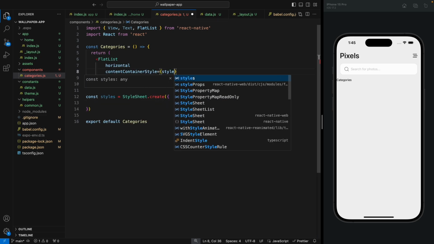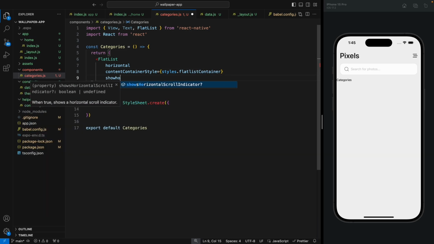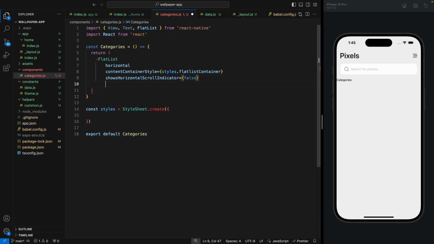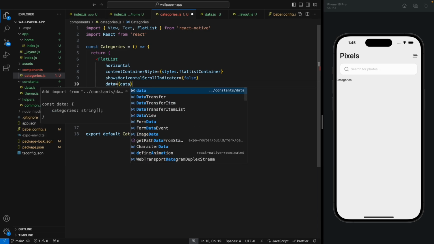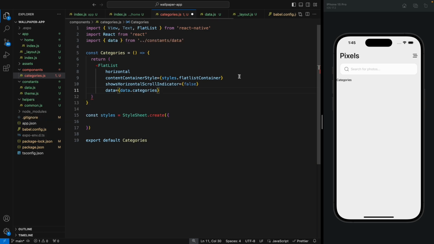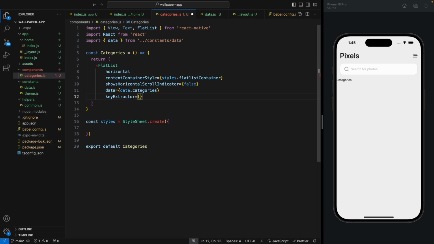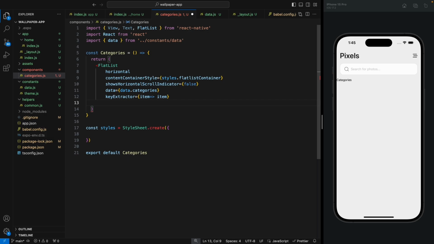For now, let's just add styles.flatListContainer, and we're gonna hide the horizontal scroll bars. Let's set it false. And for the data, we already have the data from data.categories from our constants. And for the key, each item will be the key itself, so let's provide the item as the key and